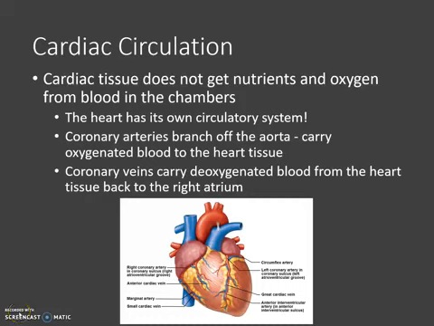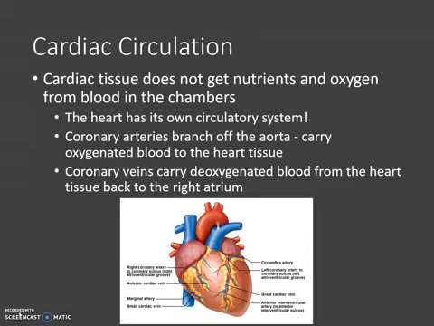The heart has its own circulatory system, because the tissues in the heart can't get nutrients and oxygen from the blood within the chambers, as the walls of the heart are too thick. It would take too long for those nutrients to diffuse from the blood across all the different layers. So the heart, as I mentioned, has its own circulatory system,